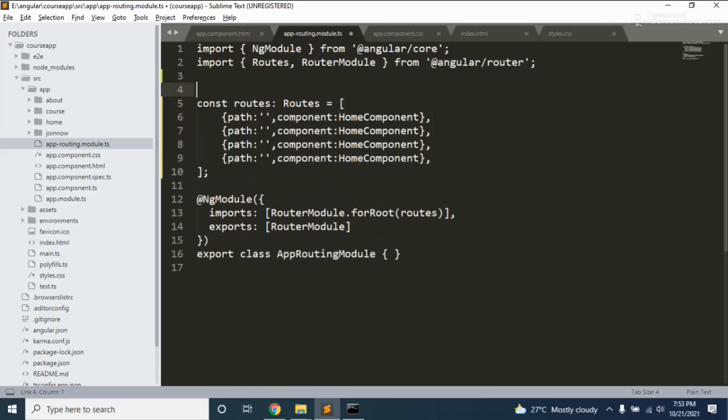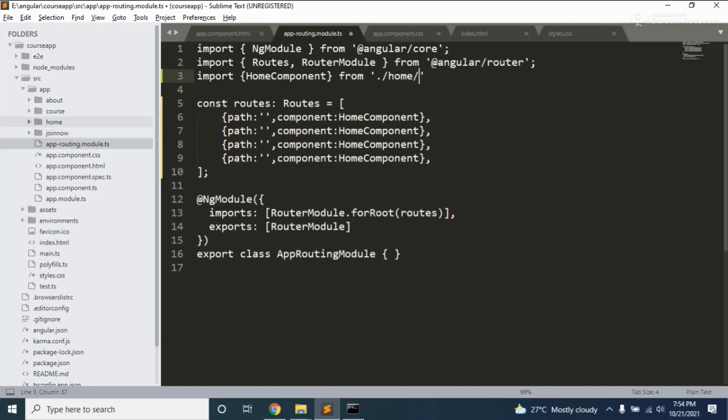So what should I do if I want to create the component? Import and bracket, add. Here we need to add the component, the home component, and from dot, I am just adding the path of my home component, home.